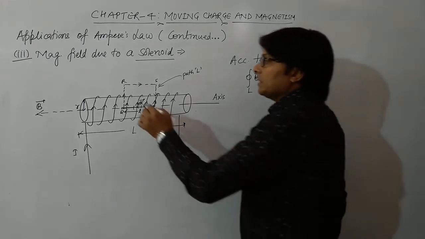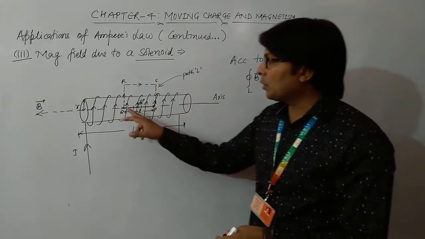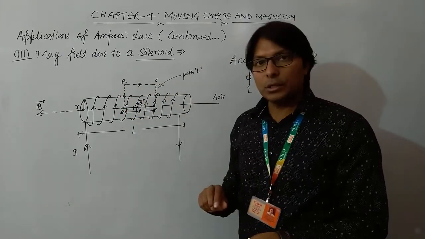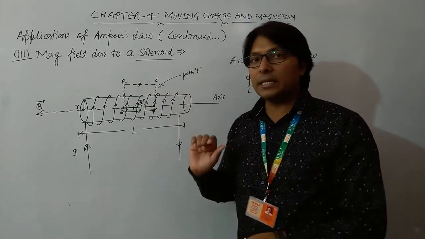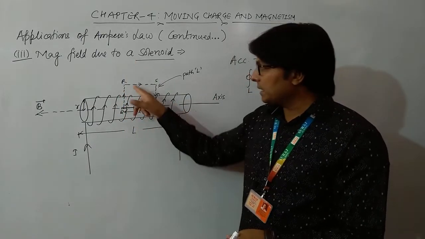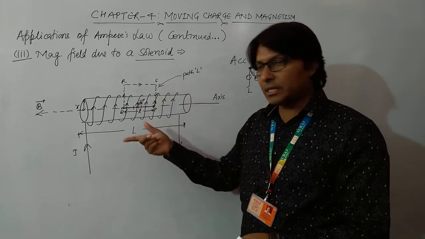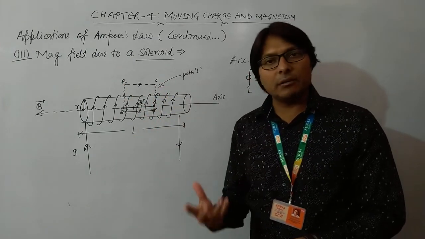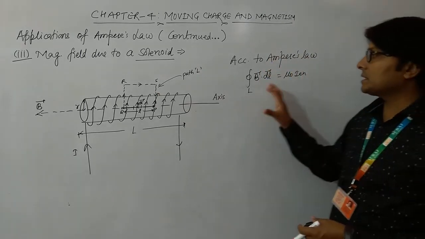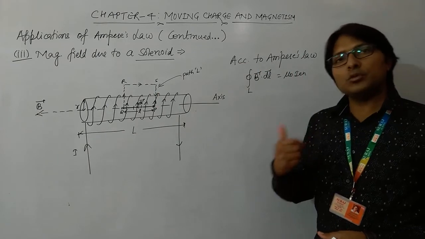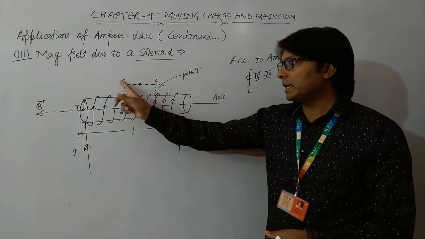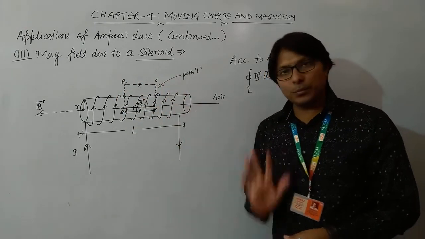But what if I take the dl vector on any segment of QR? The angle between the B vector and the QR vector will be 90 degrees. So here the angle is different. For RS the angle will be 180 degrees, and for SP the angle will be 90 degrees. So I will bifurcate this closed path L into 4 segments: one from P to Q, another from Q to R, then R to S, and the last from S to P.